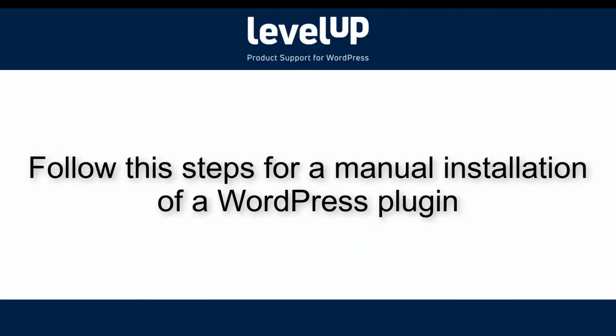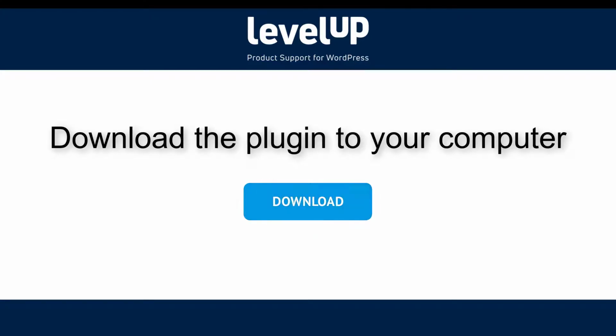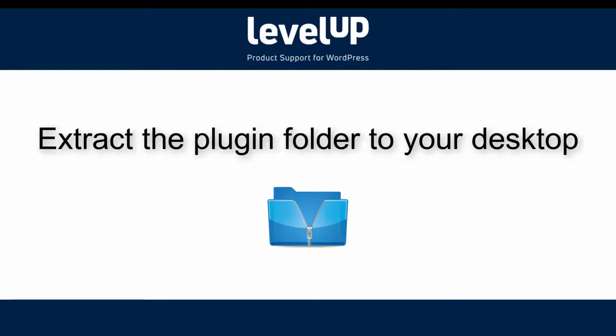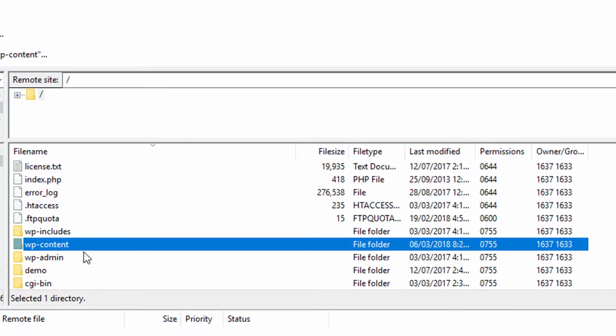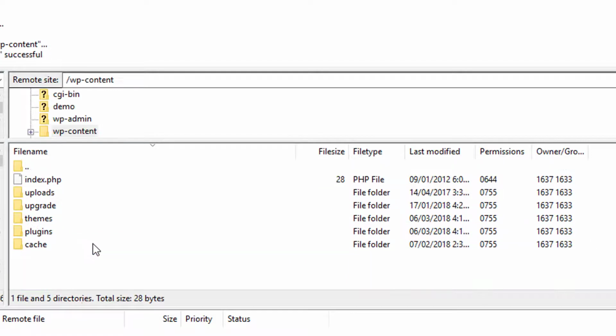For a manual install of a plugin, just follow these steps. First of all, download the plugin to your computer. Then extract the plugin folder to your desktop. Open the FTP client on your computer and connect to your website using the login credentials provided by your web host. Once connected, you need to access the path